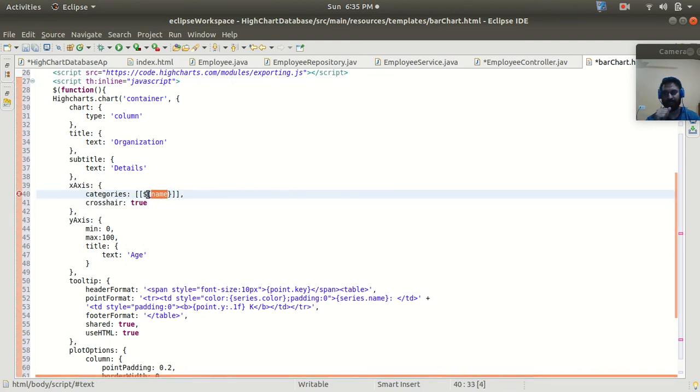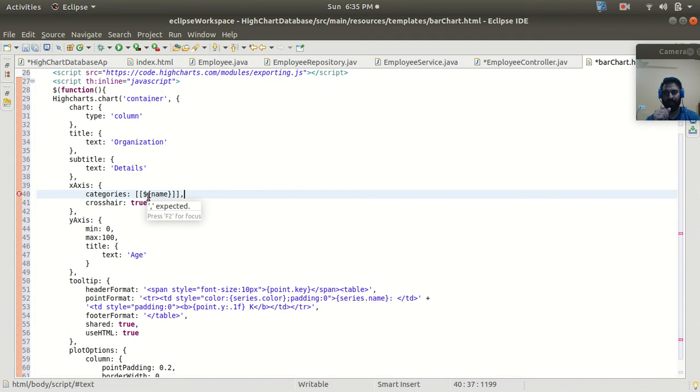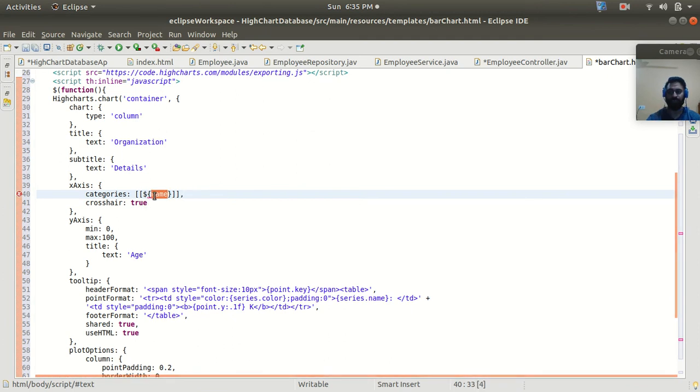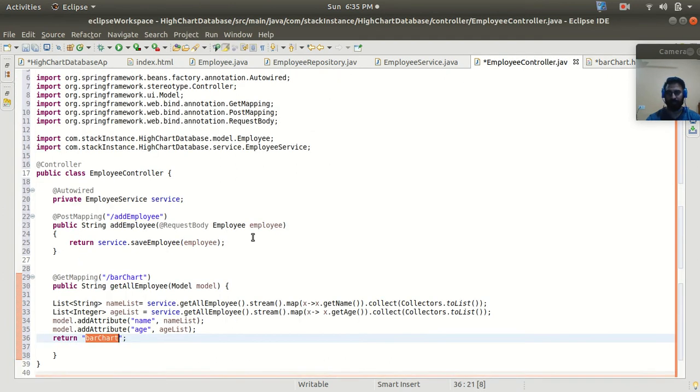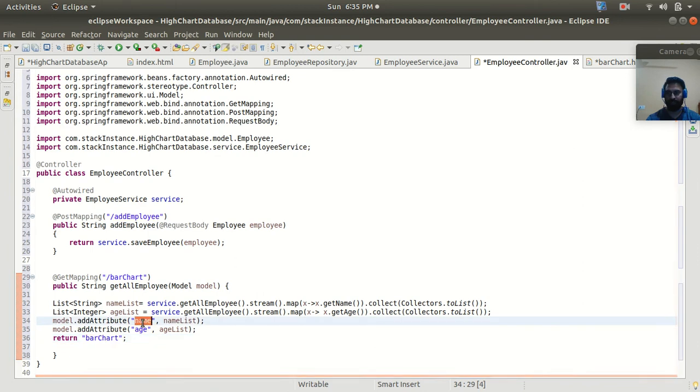So this is the way of fetching the data from the model by dollar, and then the curly bracket and the name. So this key should be matched with the model here. So this is the name, the key. So here it is going to fetch the list of the names here. And in the same way we have another attribute with the name age.